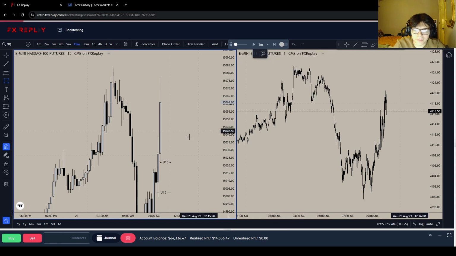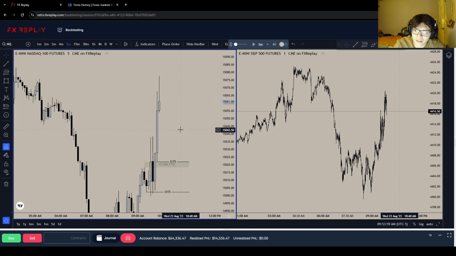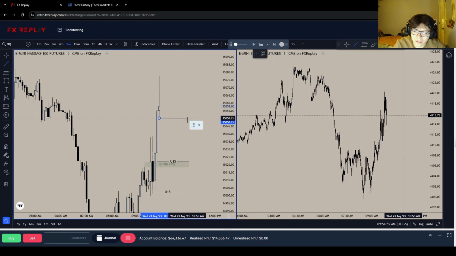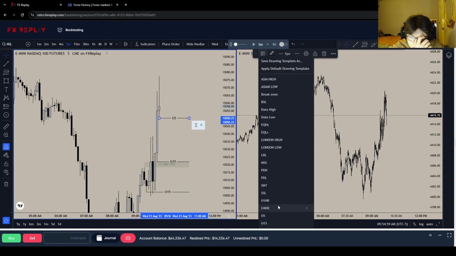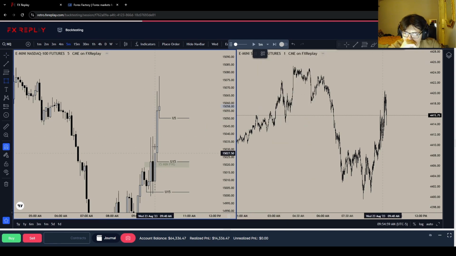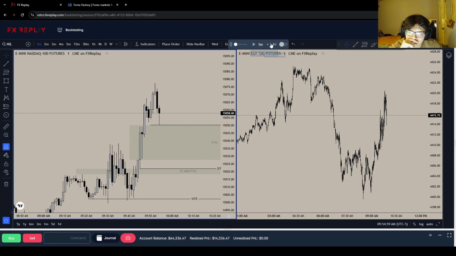Super low, but unfilled 15. Trying to see what we can manipulate into. So one more minute for this unfilled 5 minute. This unfilled 5. And also, as long as we can at least hit this unfilled 5, I don't mind anything else really. I would just need a delivery to take a continuation model, just like we did on the other one here. So